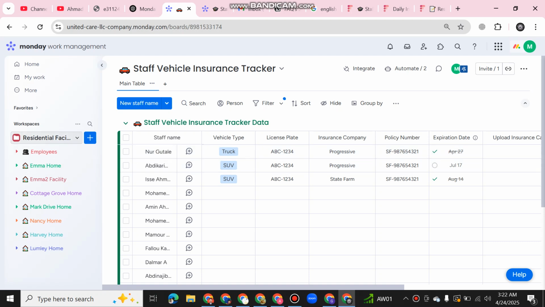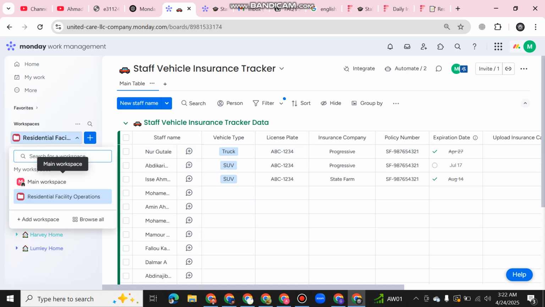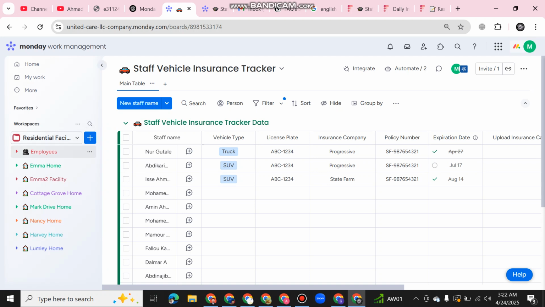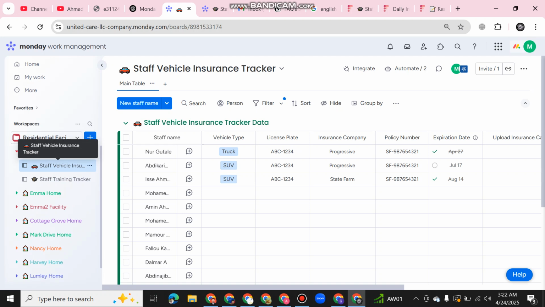So let's start. First of all, I have created this workspace, the resident faculty operation web workspace. In this workspace I have created all these folders: employees folder, M2 faculty, cottage, Mark, Nancy, Harvey, and the last one. In the first, employee folder, you can see two boards, this one, the staff vehicle insurance tracker,